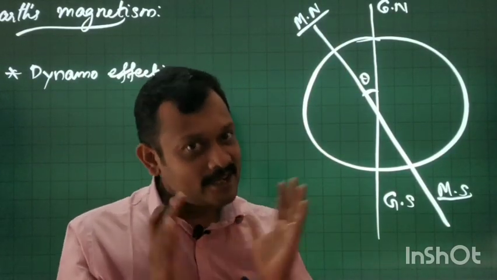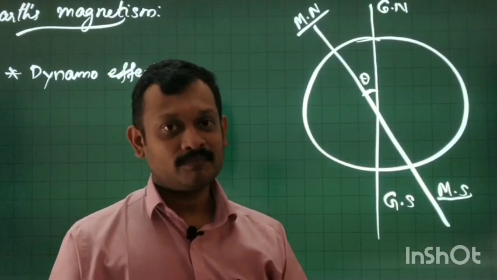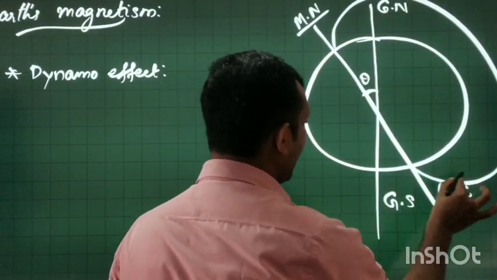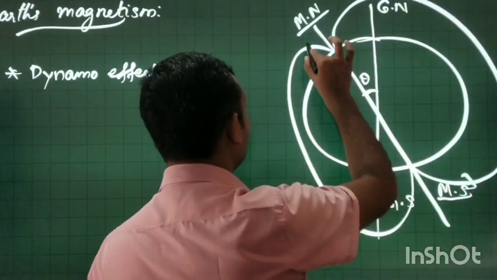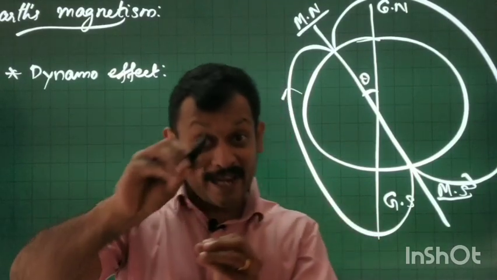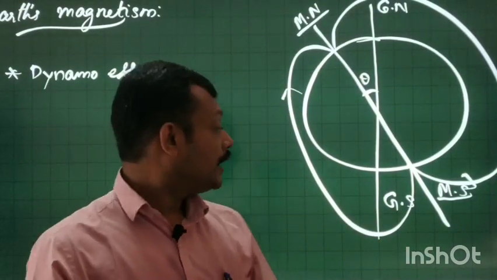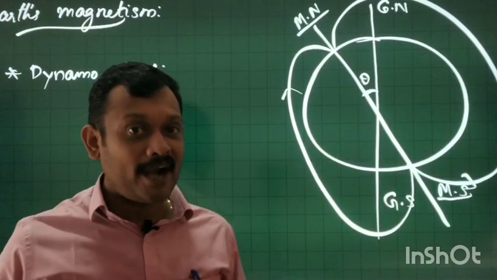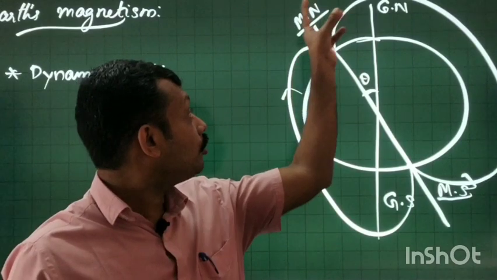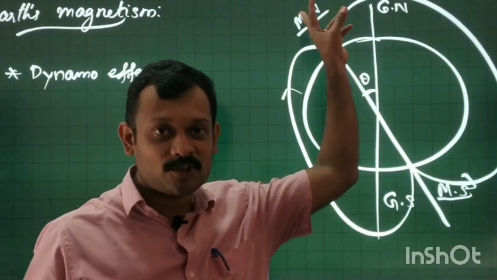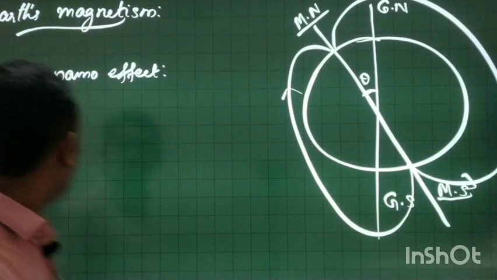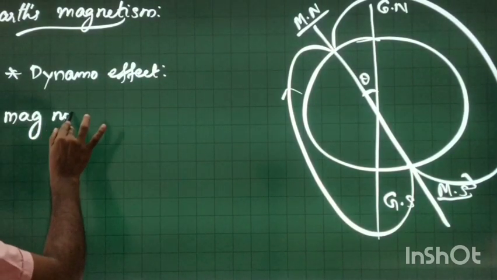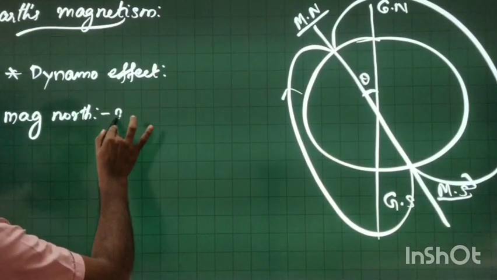So, I agree to that point. In what respect I agree is that the magnetic field is directed from likewise to likewise. That is where everyone says, if you treat Earth like a bar magnet, the north pole is located here, the south pole is located here. But what is the convention of magnetic north pole and magnetic south pole? What is magnetic north? Magnetic north is the north pole